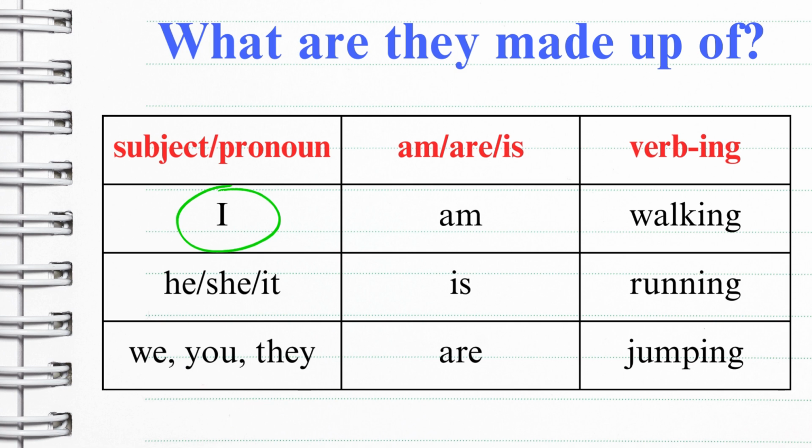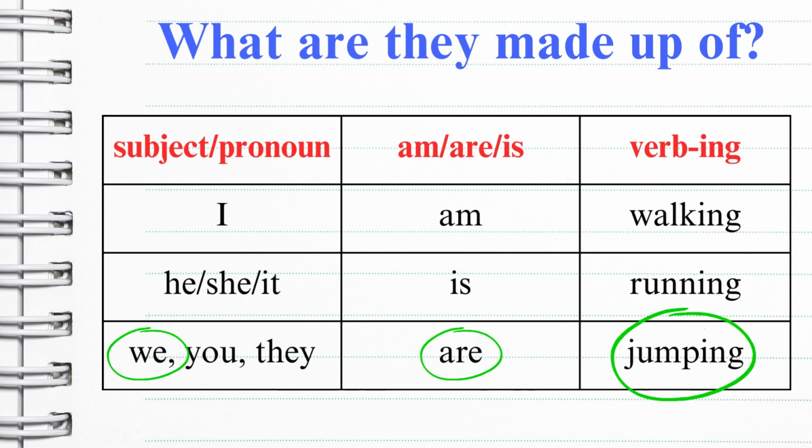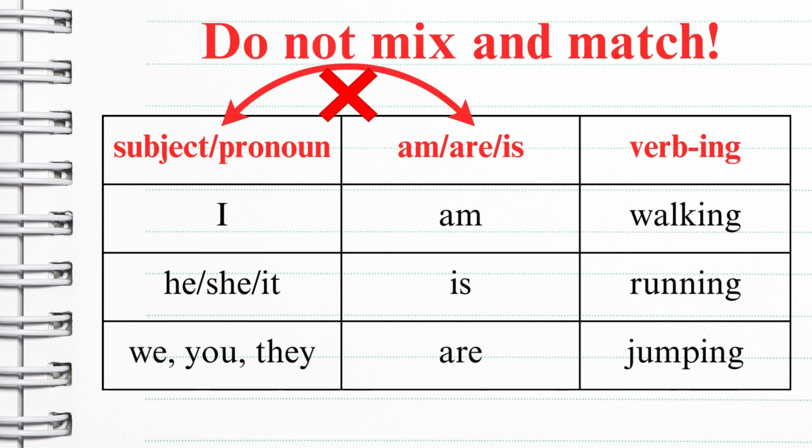So let's look at more action type verbs. I am walking. She is running. We are jumping. One thing you can't do is mix and match the pronouns to the second column, the am, are, is column. So what I mean by that is you can't mix